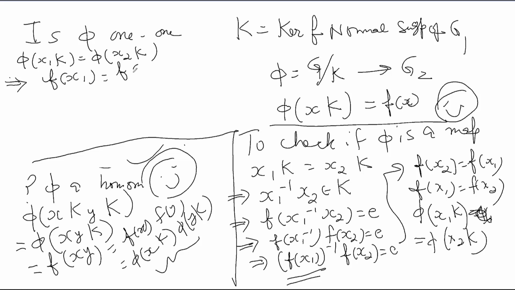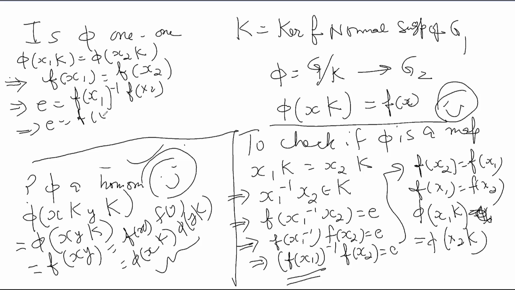f(x1) is f(x2). So I think all the arguments might be looking the same to you all. All right, so here I can take it to the other side. So that will be f(x1) inverse times f(x2). That means e equals f(x1) inverse times f(x2), which implies x1 inverse x2